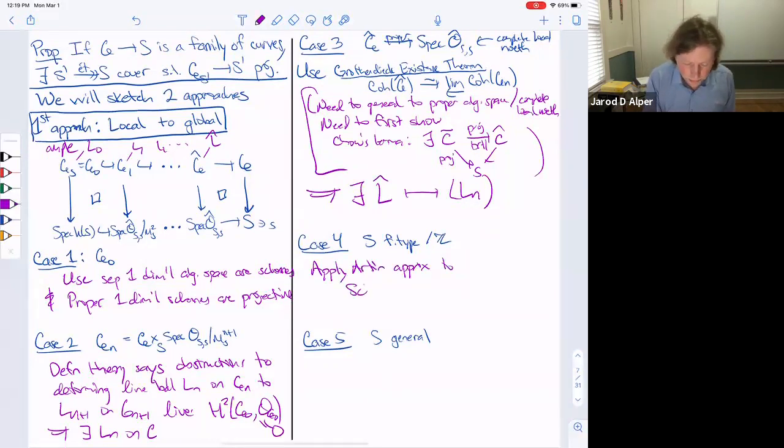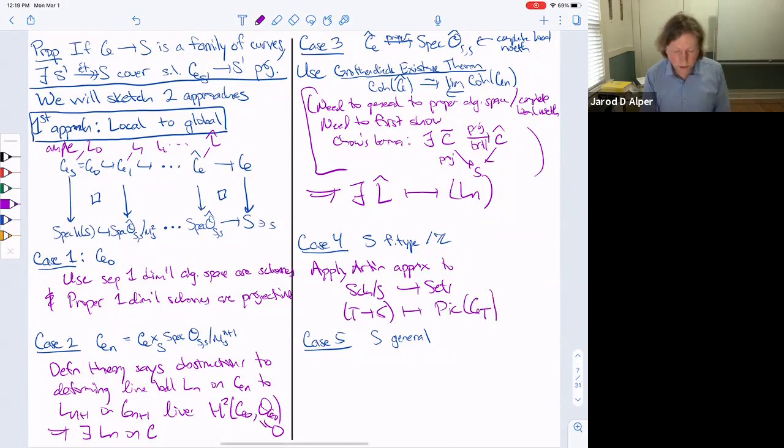And you apply it to the functor over S, which assigns, you could just take the Picard functor, right? And what that will give you then is, in an étale neighborhood of S in this picture,